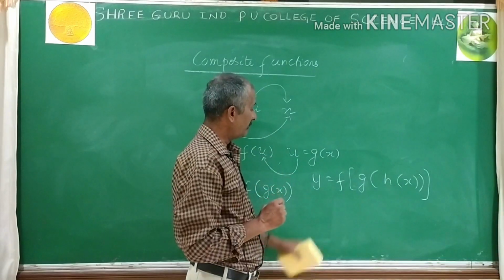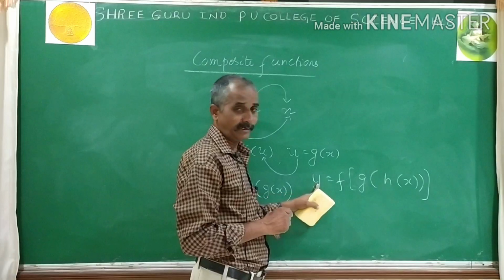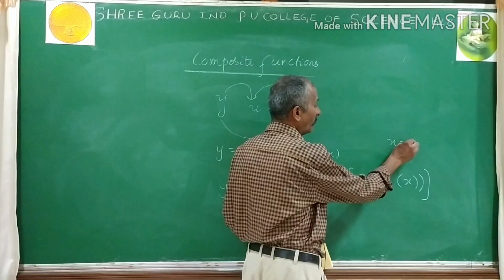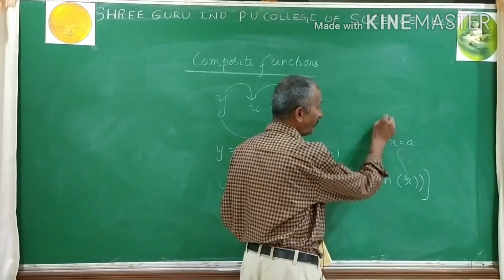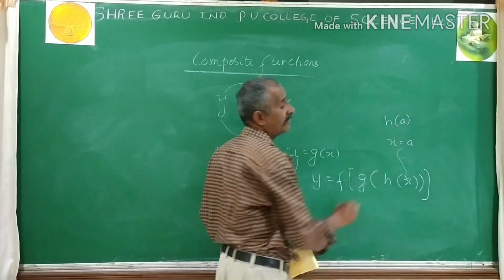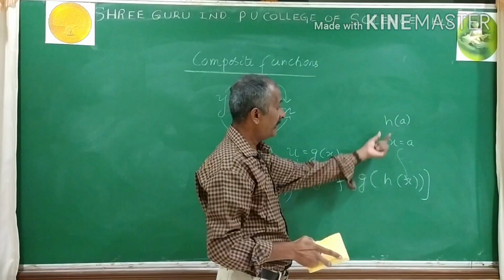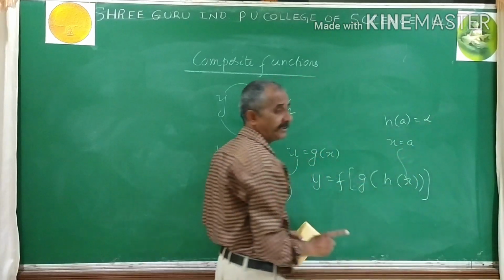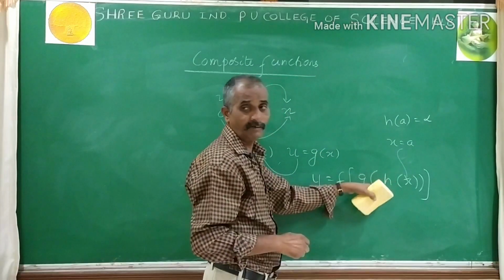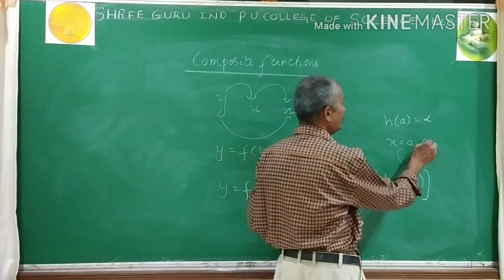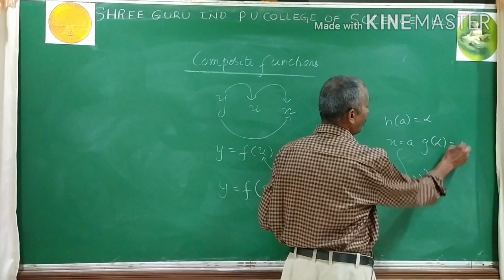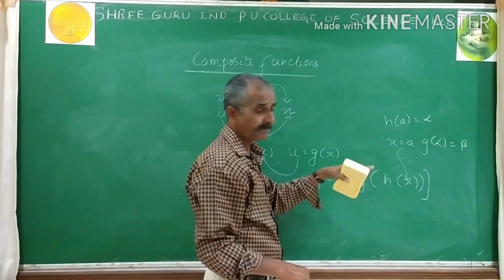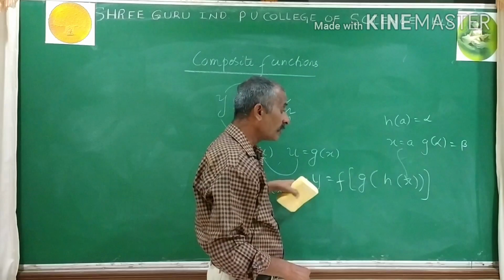And more importantly, when you want to calculate the value of y through the value of x, suppose that we give the value of x as a, here first it becomes h of a. That means you have to calculate first the value of h of a. Suppose that h of a value is alpha, which is h of a equal to alpha, what we get? g of alpha. Next we have to calculate g of alpha. Assume that g of alpha is beta. Then lastly we get f of beta. After getting the f of beta value, that gives the total value of y.